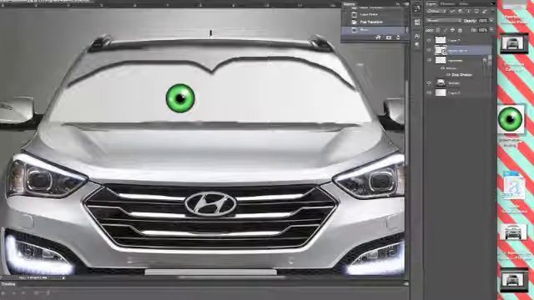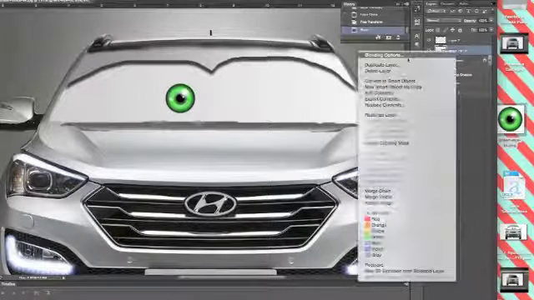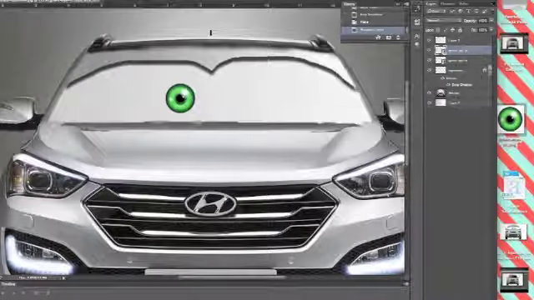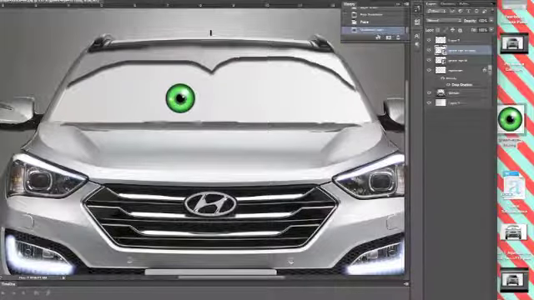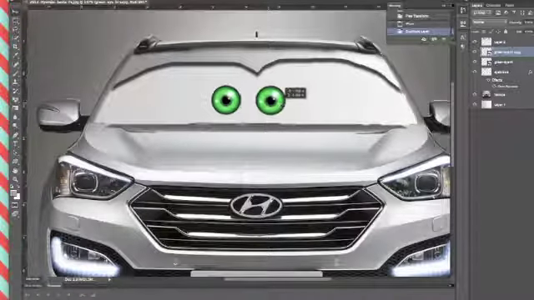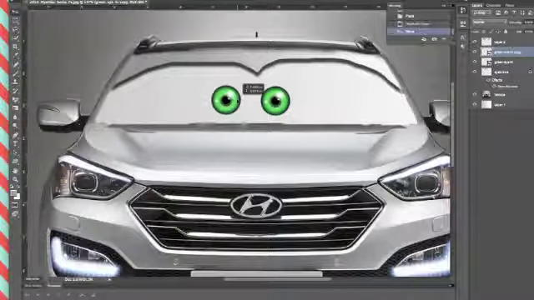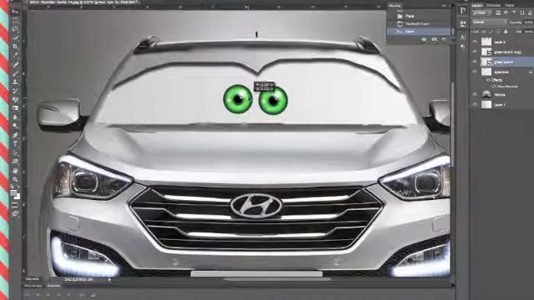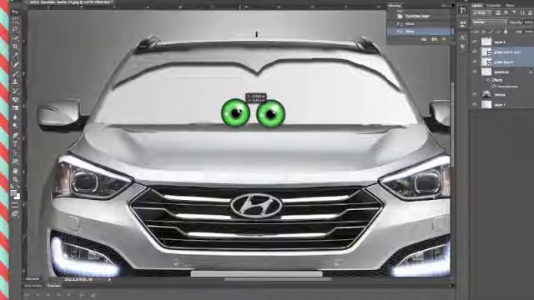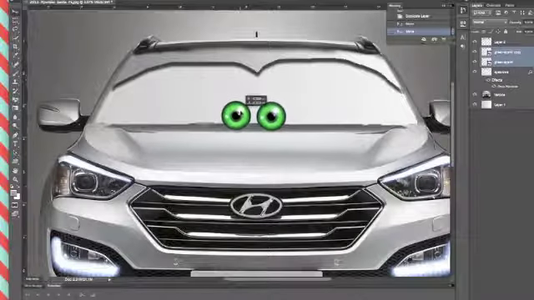Return will commit it. Come over here and right click, duplicate the layer. It's okay to have the same name. And I have to get the move tool and move them into position how you like it. If you want them bigger, that's fine. If you want them closer apart, that's fine too. I'm going to select both of them and move them down a little bit lower into the hood, I guess, area,